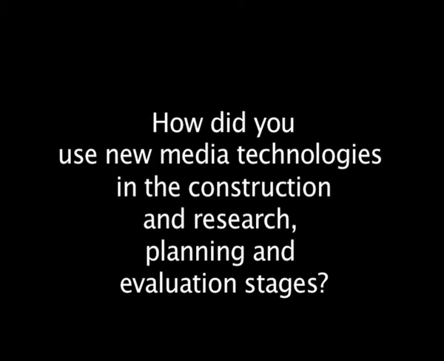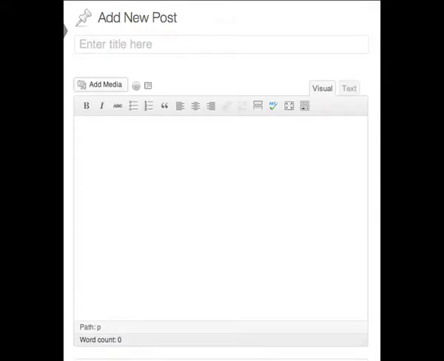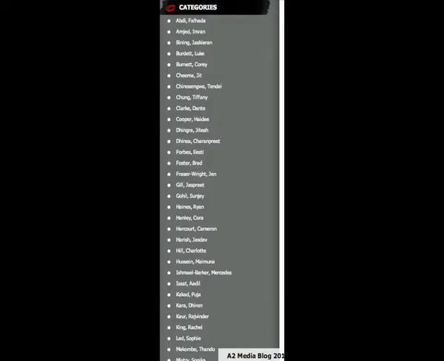How did you use new media technologies in the construction and research, planning and evaluation stages? Throughout my planning, I used WordPress as the main place to show my planning. This is where you can save your work as drafts or publish them so everyone else on your course can